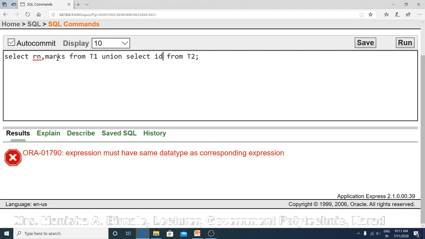But the output of the first select query will have two columns, and the output of the second select query will have only one column. So let us see whether the union operation takes place. Here also an error comes because the query block has an incorrect number of result columns. So there should be the same number of columns having the same data types.